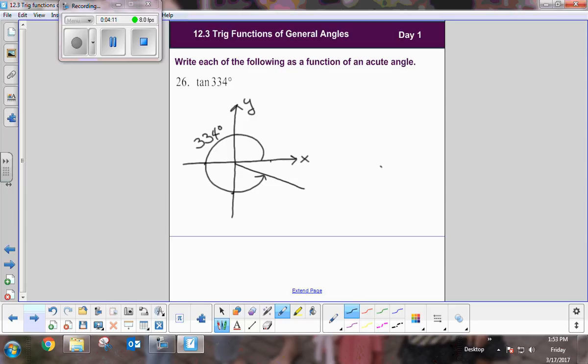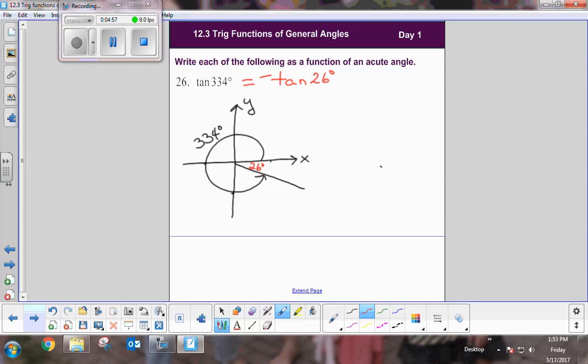Okay, so now I need to find the reference angle. So what is the reference angle for 334 degrees? Anybody? You can still answer me. What's the reference angle? What is it, Danuta? 26 degrees. Okay, so 26 is right here, because all the way around is going to be 360, right? So that's 26 degrees. Well, that means this is equal to the tangent of 26 degrees, but is tangent positive or negative in that fourth quadrant? All students take calculus. Is it negative? So this is negative the tangent of